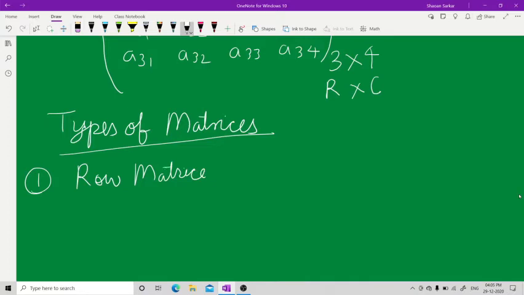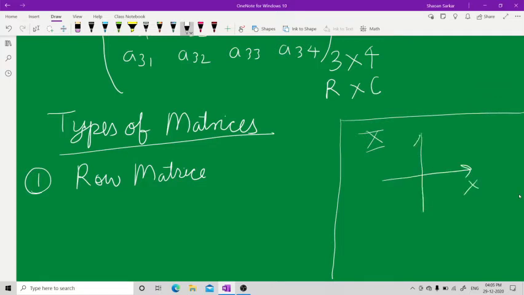Before I make you understand what a row matrix is, I think you have seen in class 10th how you used to write the coordinates. Let me draw a line here. So this was your coordinate axis, x axis and y axis. Here you used to write x comma y. There were two. This is basically how many rows are there? This is one row and two columns basically.